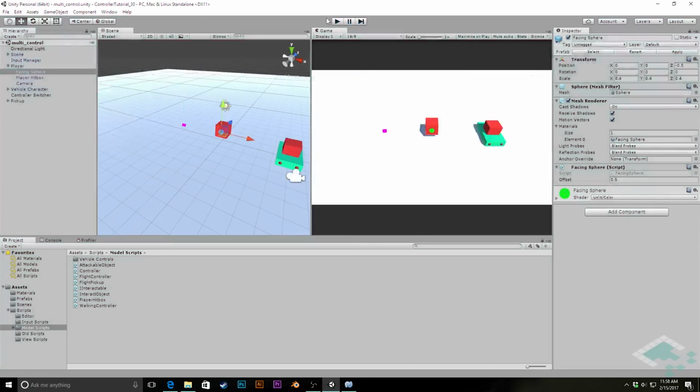The player's game object is inactive, which means that all of its children are being deactivated as well. The reason for this is, if you recall, when we created the vehicle, we wanted our player to vanish when they were no longer the active controller, so it didn't look like we were cloning the player both standing outside the vehicle and inside the vehicle, which worked great at that time. But now we're dealing with a different system where we've got a controller that's switching, but the player avatar should remain. And so we need to look at our controller